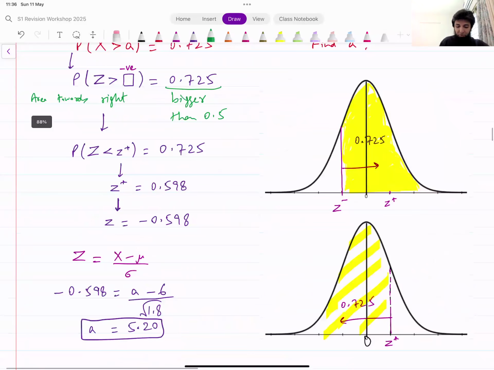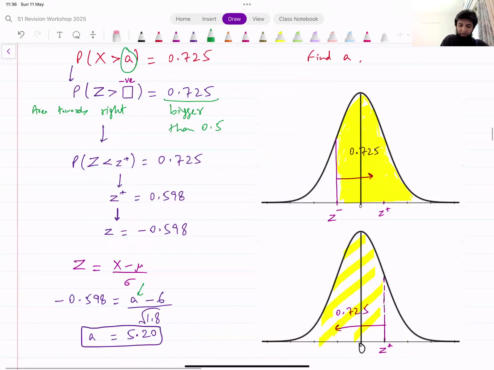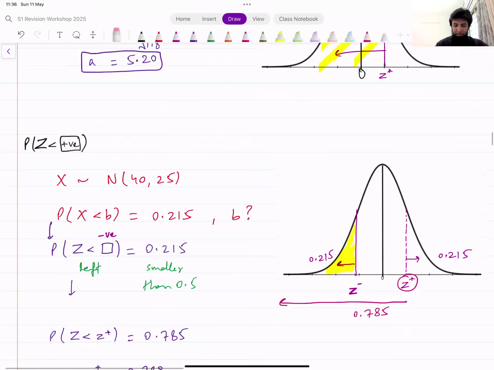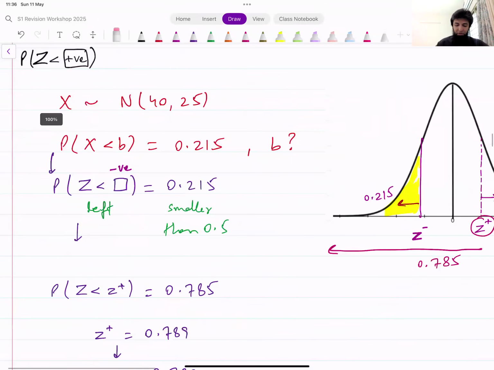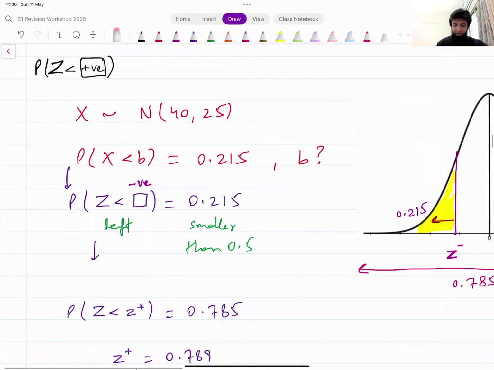X is missing. In place of X, you put A. And that gives you the value for A. You get the result from that. And then the last case for this, when you have a normal distribution that looks like this, its mean is